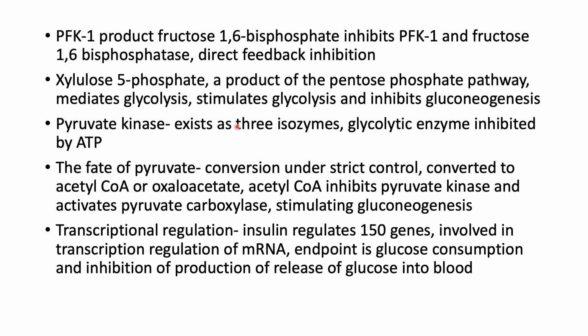Pyruvate kinase exists as 3 isozymes. The glycolytic enzyme is inhibited by ATP. The fate of pyruvate, there is conversion under strict control. It can be converted to acetyl-CoA or oxaloacetate. Acetyl-CoA inhibits pyruvate kinase and activates pyruvate carboxylase, and that is the first enzyme that is involved in gluconeogenesis